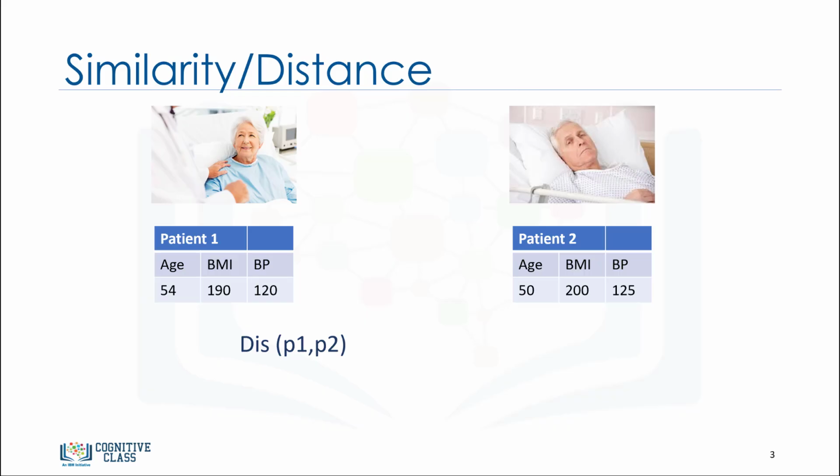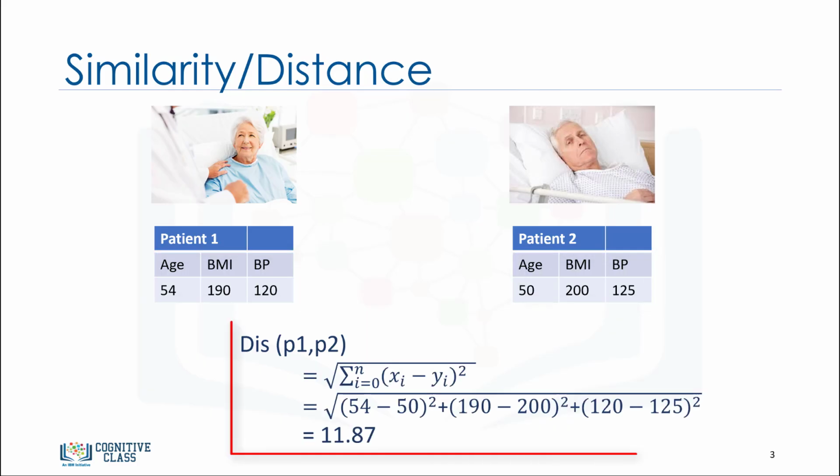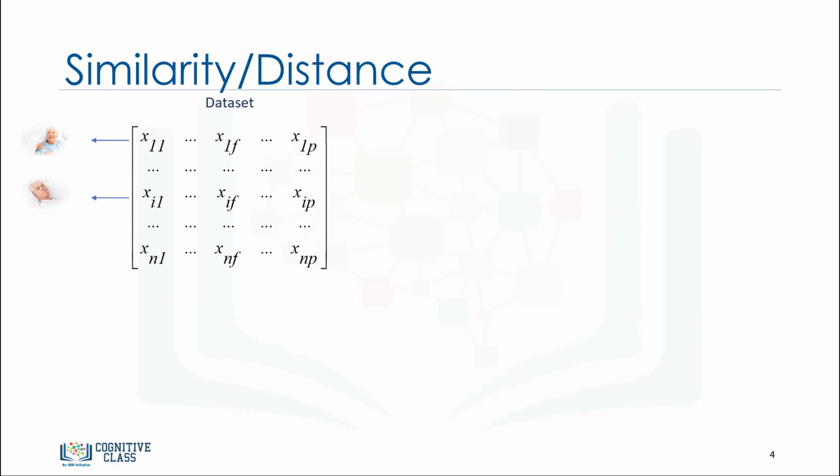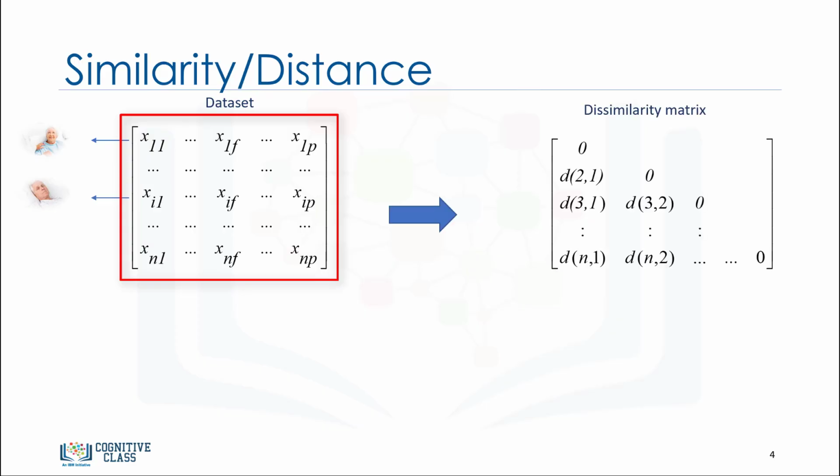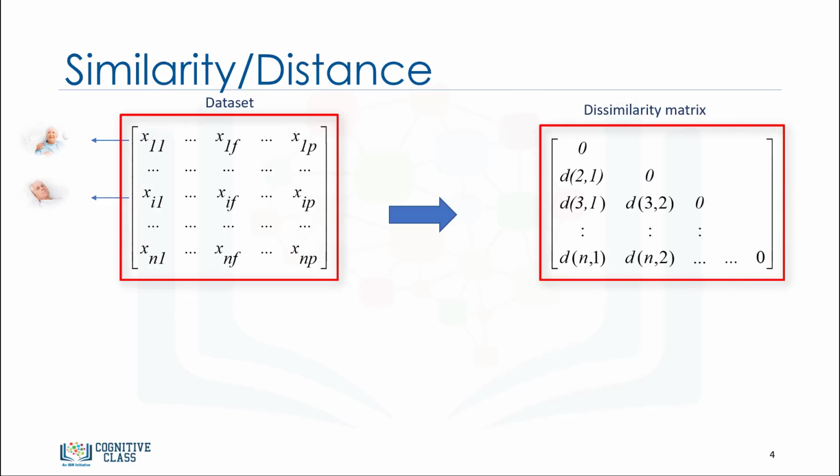Let's assume that we have a data set of patients and we want to cluster them using hierarchical clustering. So, our data points are patients with a feature set of 3 dimensions. For example, age, body mass index or BMI, and blood pressure. We can use different distance measurements to calculate the proximity matrix. For instance, Euclidean distance. So, if we have a data set of n patients, we can build an n by n dissimilarity distance matrix. It will give us the distance of clusters with one data point.